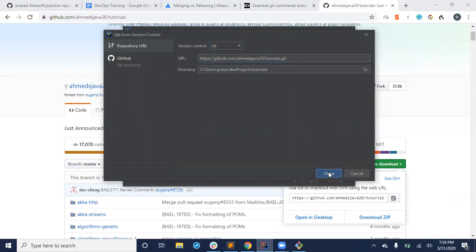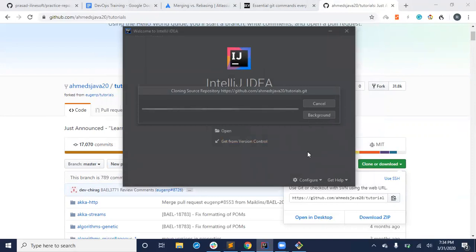So let me clone it. Yeah, I'm just downloading his stuff. Then I'll do some local changes. I might not be able to commit, but at least I will show locally how you do the merge. But Ilyas, once we get the stuff and put it to the remote place, it might not work directly, but at least let me show the merge. How simple is it in these IDEs?